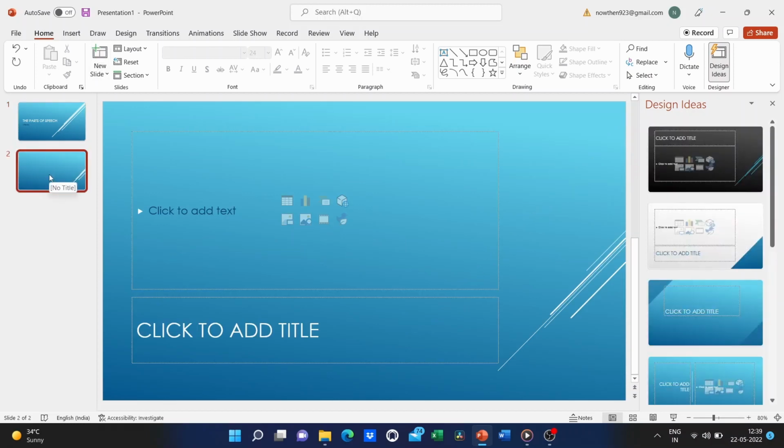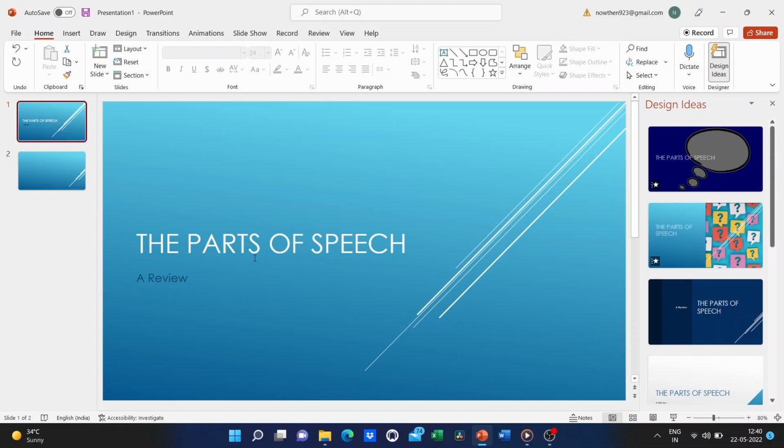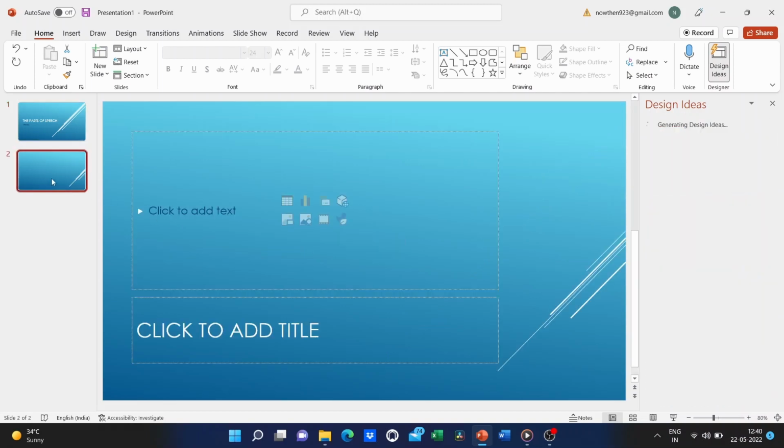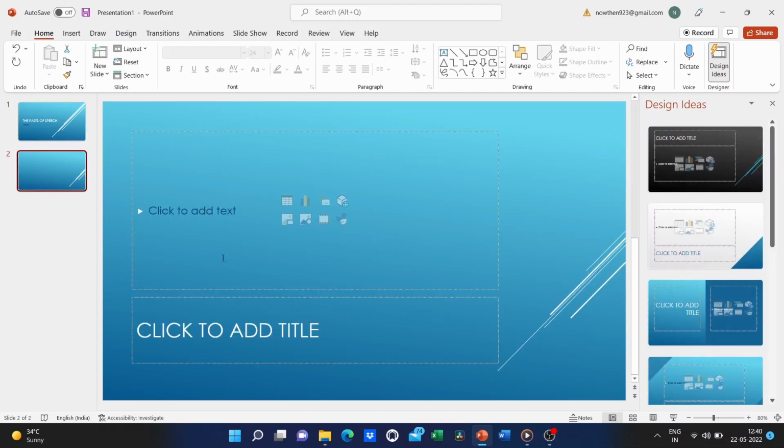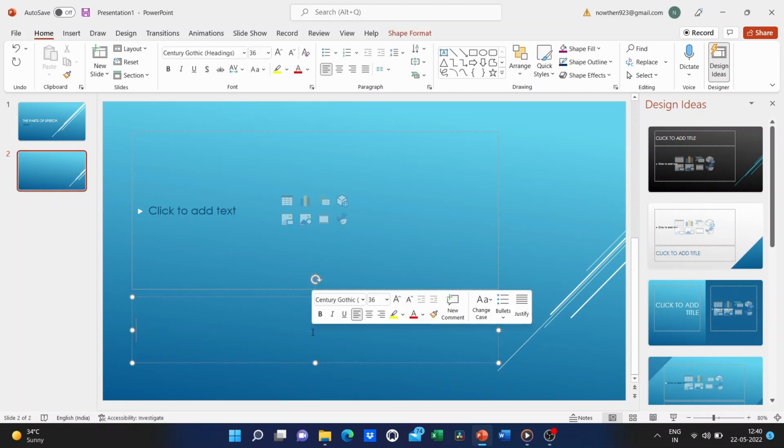Now you'll notice a difference between slide 2 and slide 1. Slide 1 is set up to be the title slide of this presentation. And so the text is specifically placed in a different area of the screen to show that this is special. This is the opening slide, the title slide. But I'm gonna go back to slide number 2, and you can see it's different. Okay, so I will click to add my title. And you know what I'm noticing? This is kind of a funny layout. I was not expecting this, but the title is at the bottom of the screen.